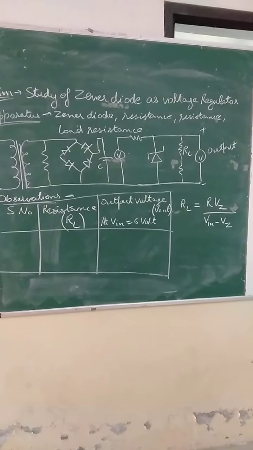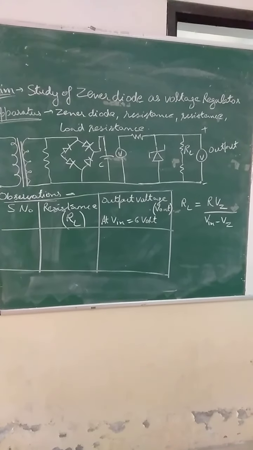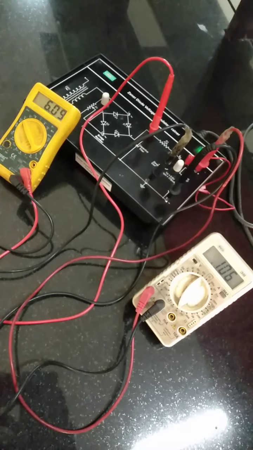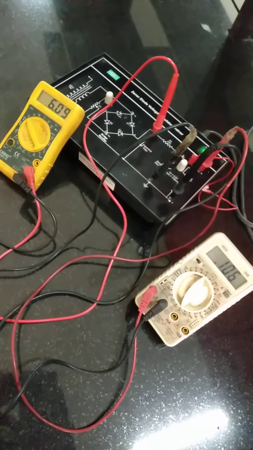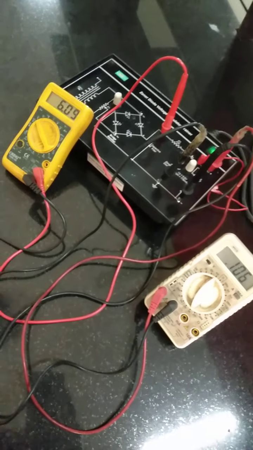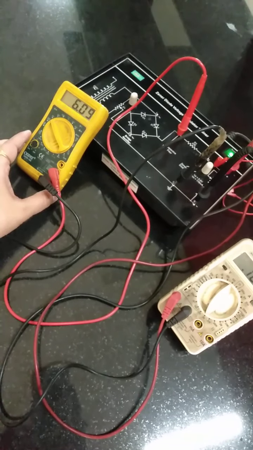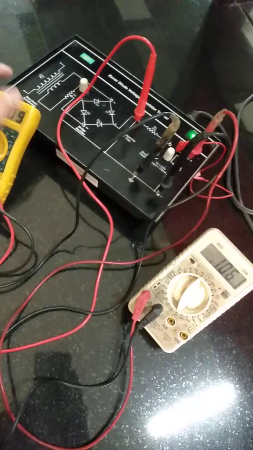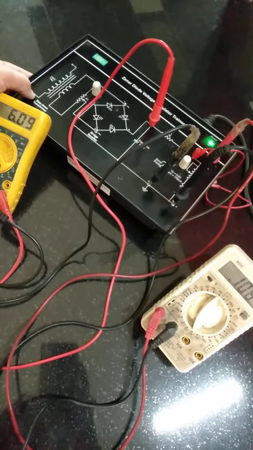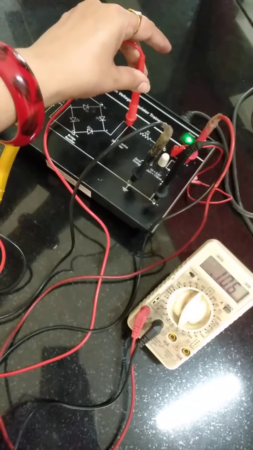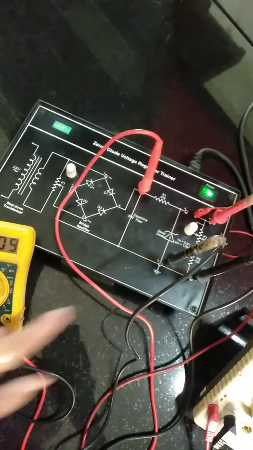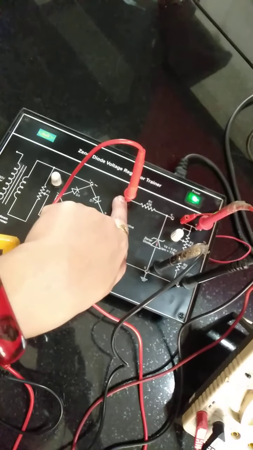Now I will show you the circuit diagram, and after that I will discuss the observation table. So, beta, this is your Zener diode as voltage stabilizer. Here I am supplying this 6 volt to the input end, and input end here is the step down transformer. Okay, so this input supply I have supplied at this end of the Zener diode. So input is to be supplied at this point.